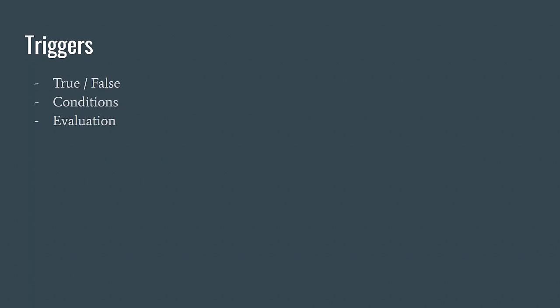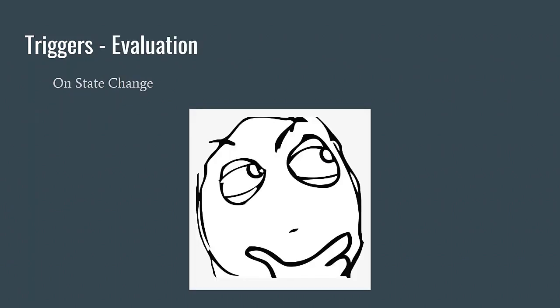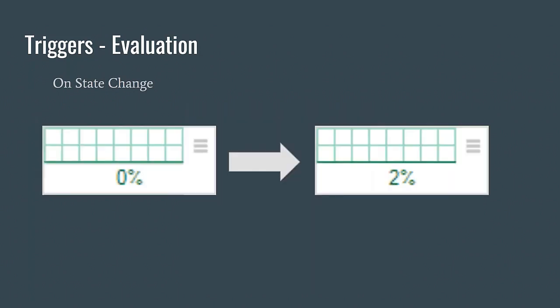So within triggers on ControlUp, evaluation is done on state changes. So what is a state change? Thinking about this for a second, a state change is when one of the values changes. In this example, we're going from 0 to 2%, so this is a state change. Every time a value changes state, ControlUp checks its triggers and sees if there's something attached to that particular column